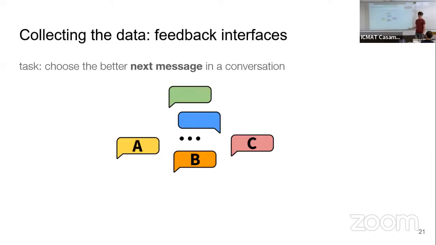Now, how do we collect the data? We have talked about this before. We assume some kind of chat conversation, and then the model generates two or three different alternatives. You just resample. The decoding is not greedy, because greedy decoding is deterministic. You sample from the logits, so then you change the seed and you get different results.